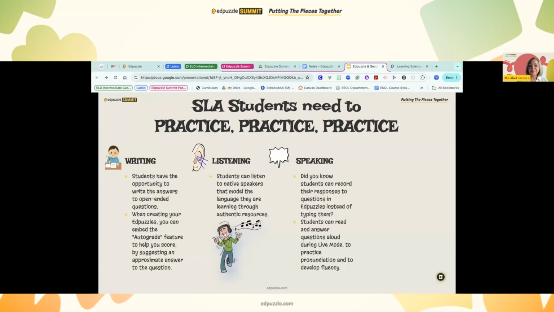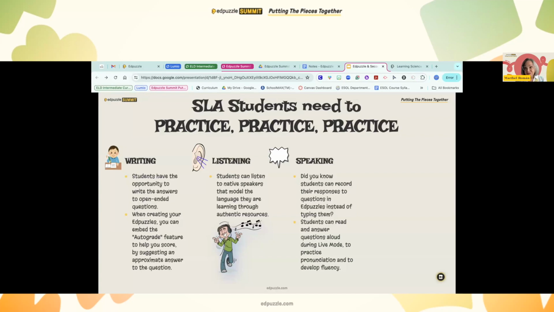In speaking, did you know that students can record the responses to questions in Edpuzzles instead of typing them? Students can read and answer the questions aloud during live mode to practice pronunciation and develop fluency. So they have that opportunity to record their voices.